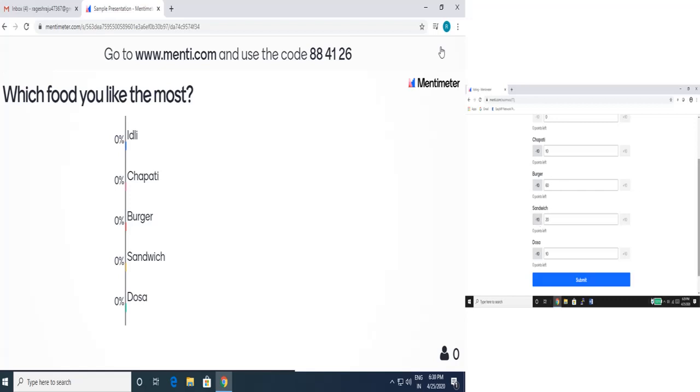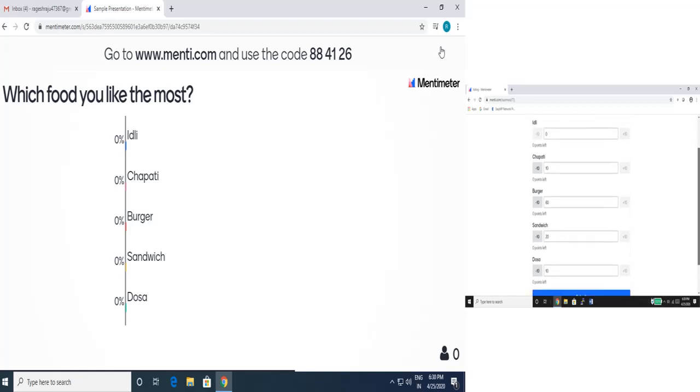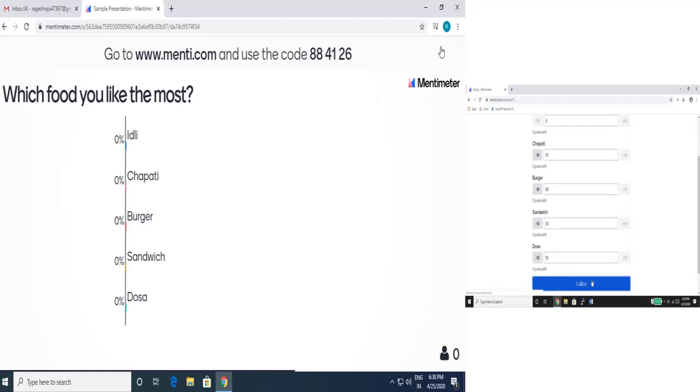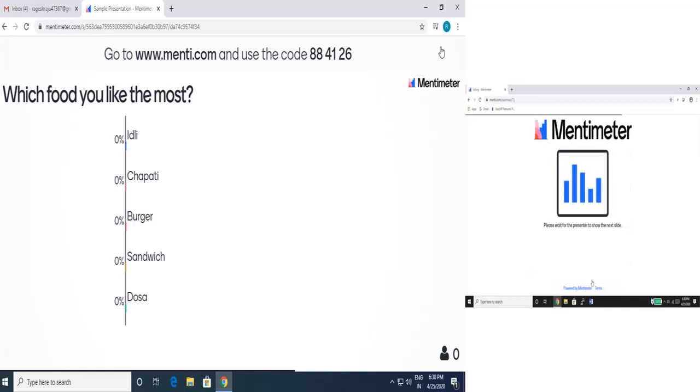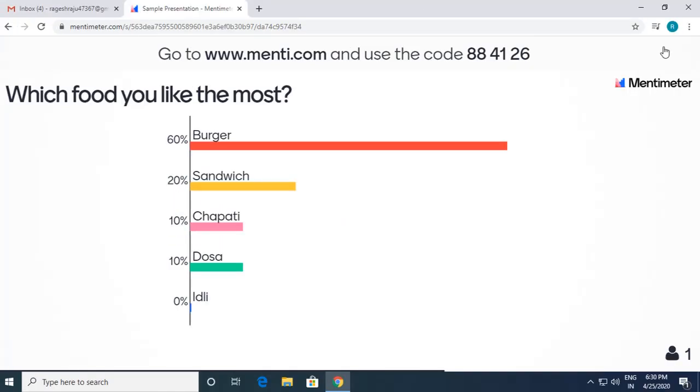So this is how it is. It goes to a scale of 100. So out of 100 I can give my percentage of likes to each of these things. I click on submit, and when I click on submit, you can see this is what happened. So this is one more question type with which you can get responses from the students. We can give a particular topic and understand what percentage they have understood. Okay, so this is one question type.